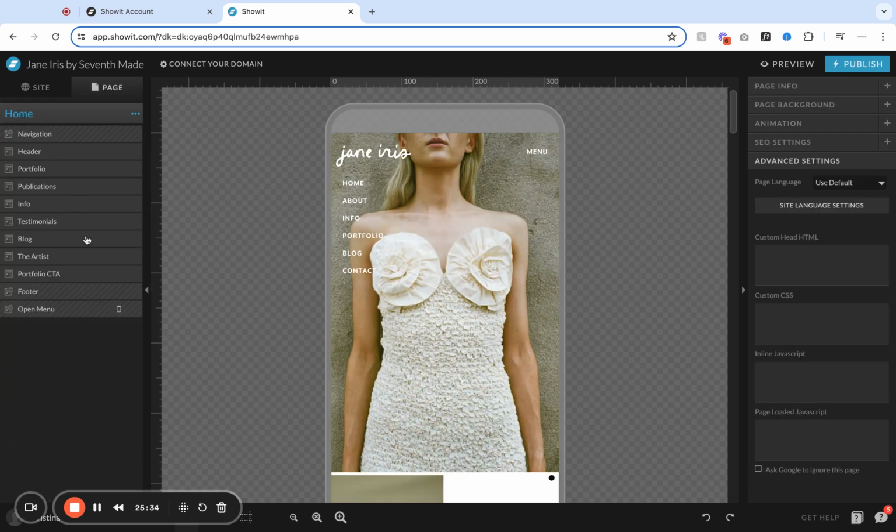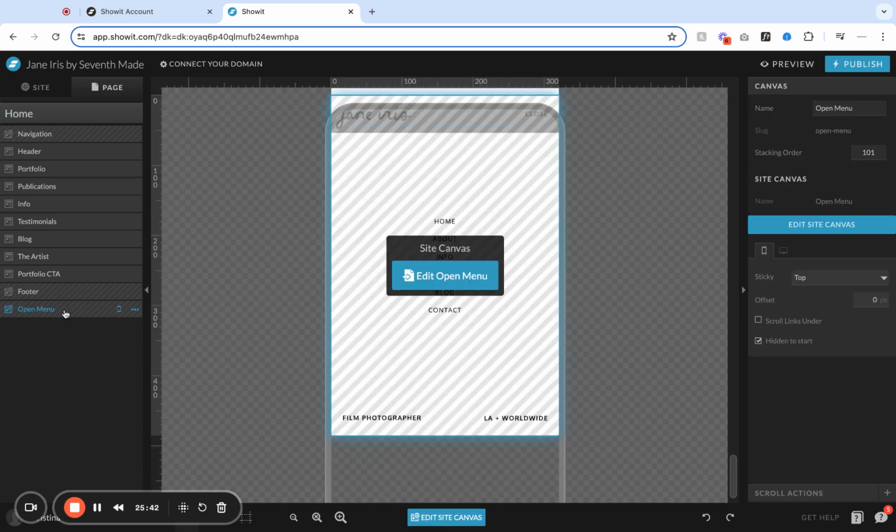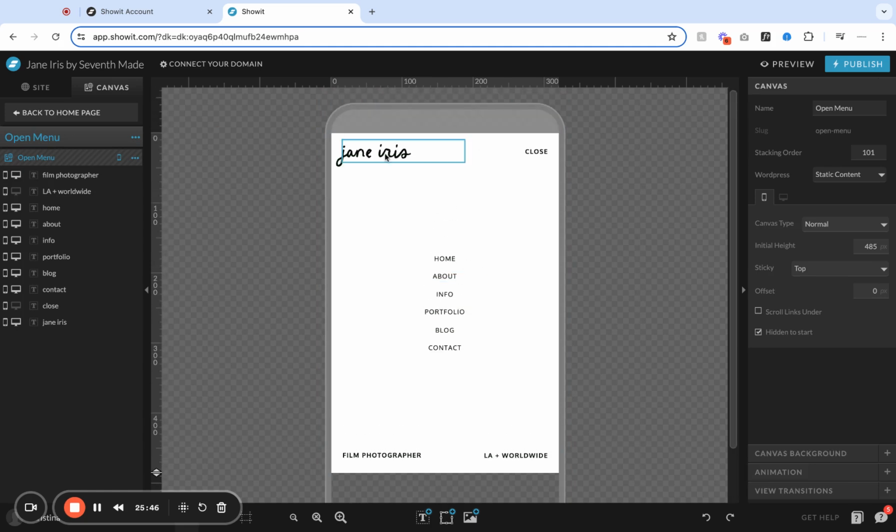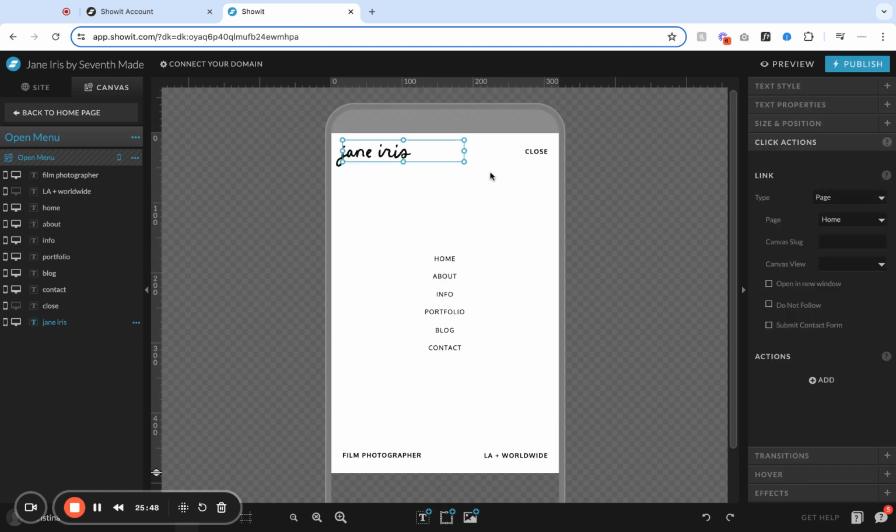All right, our next one, since we are on menus, we're going to go to the open menu. This is when people click menu here, they are going to see this open menu. So we can click edit. Now this will be the same process. So coming through here, you can edit this text with your information directly,